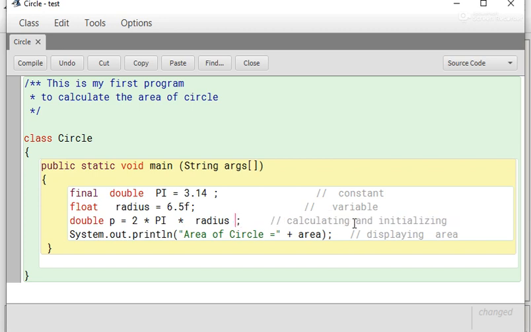Now omit this statement. Now this will be the formula to find the perimeter, and now change the message area of circle, now perimeter of circle, plus p. Here p denotes the perimeter.